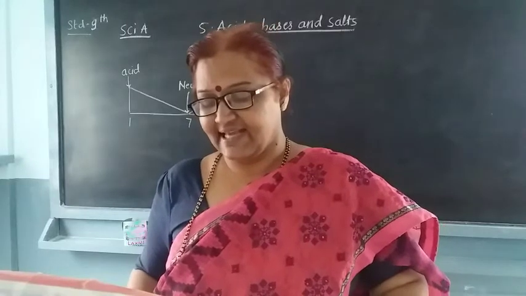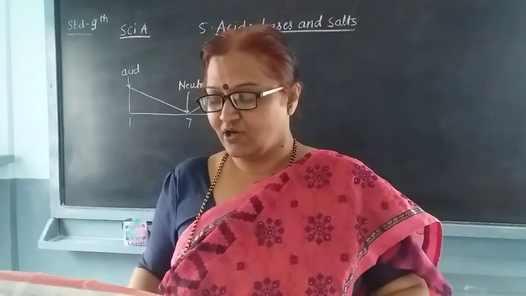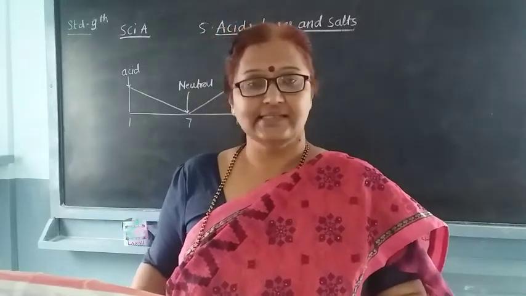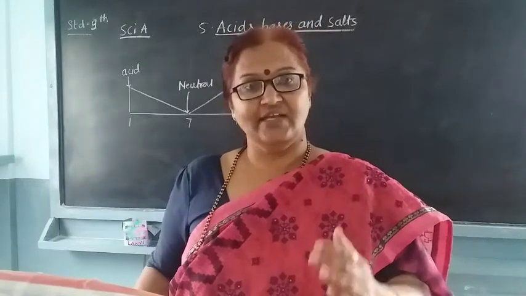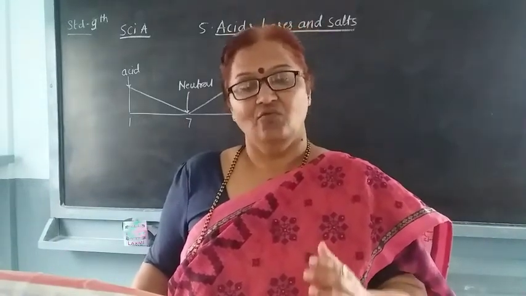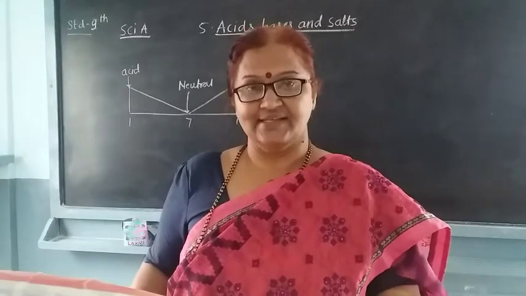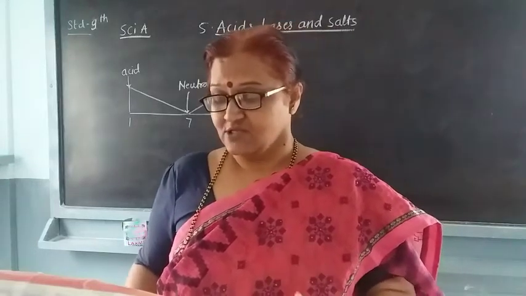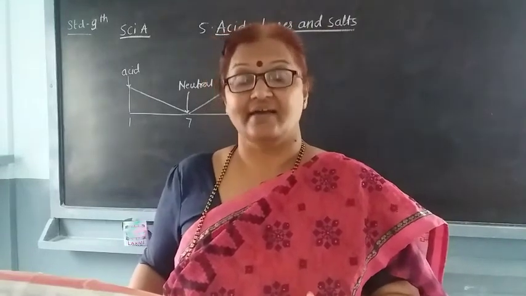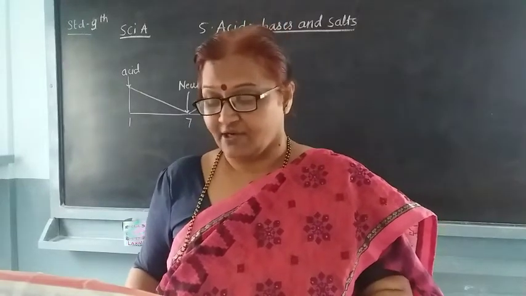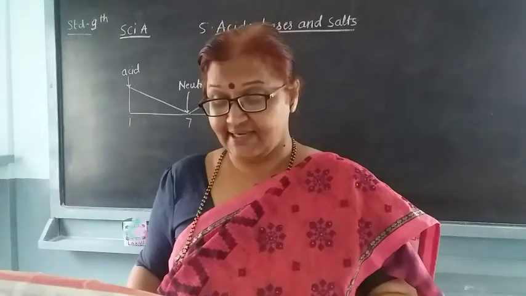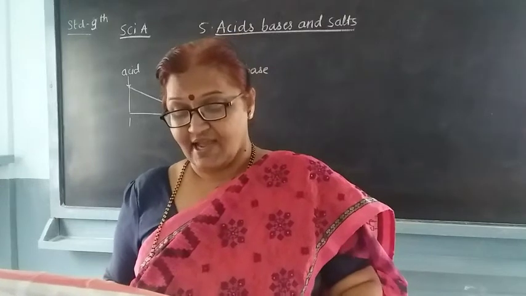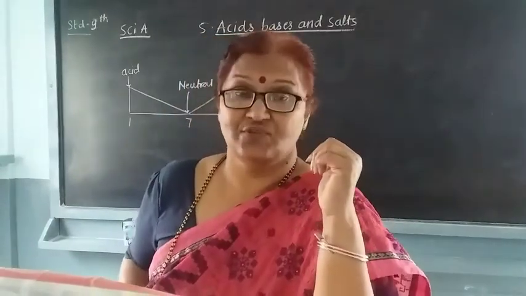We have seen that acid and base dissociate to a smaller or larger extent on dissolving in water, forming H plus and OH minus ions respectively. Yesterday we saw that whenever we dissolve acid in water, it gives us H plus ions, and whenever we dissolve bases in water, we get OH minus ions. So H plus and OH minus ions are present in different proportions in all natural aqueous solutions, and this will determine the properties of the solution.